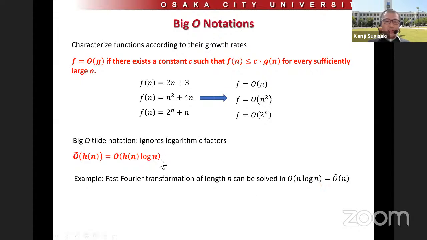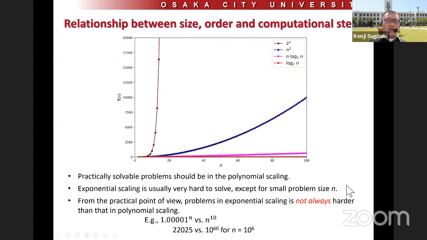So in this case, we can ignore this log n factor by using this big O tilde notation. So order n log n equals order tilde n. And why is this kind of notation used? This is because the behavior against the problem size is very different